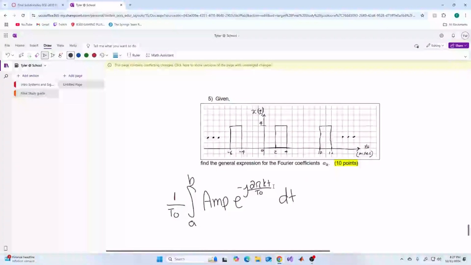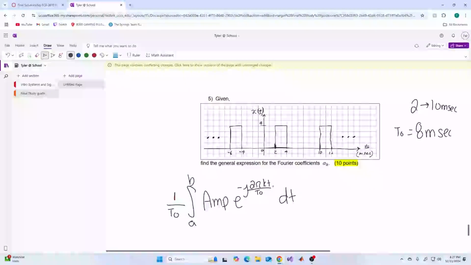Given the x of t graph, find the general expression for the Fourier coefficients a sub k. So the best way to do this to start is we need to pick out what our period is. There's multiple ways to go about this. The way that I like to do it is I like to start at the end of one and go to the end of another. So our period is from 2 to 10 milliseconds. So that would be 8 milliseconds